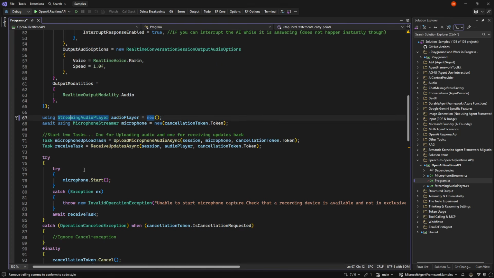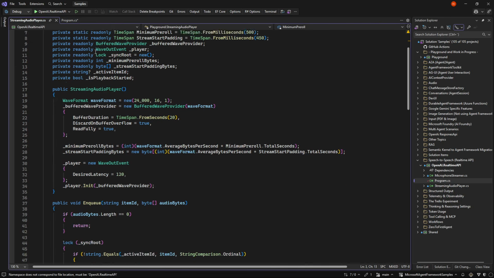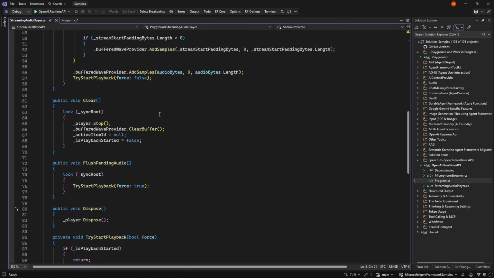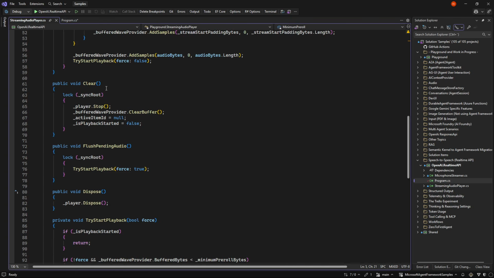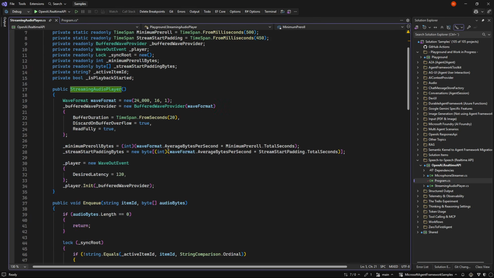Then we do all the NAudio stuff. NAudio is a NuGet package to work with audio on Windows. And up here, we will put in an audio player. I don't want to go into this, but essentially we can play back the streaming audio feedback that we get from the API.